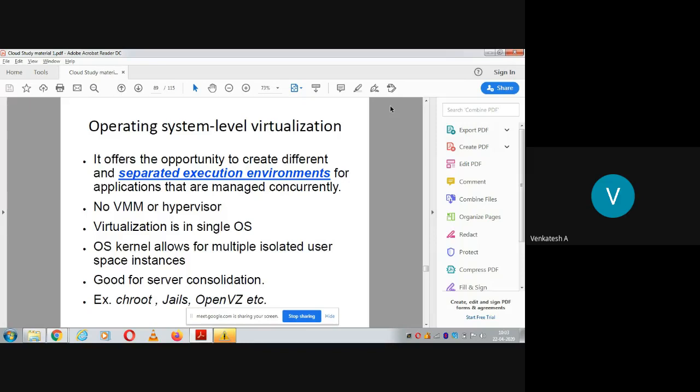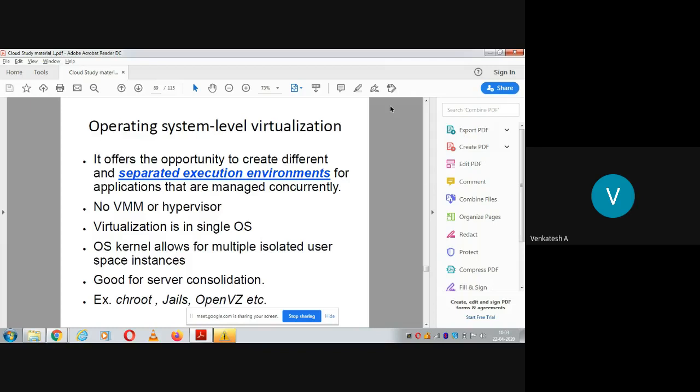That is called creating separated execution environments. So it is partitioning the available address space into three units. One unit is given to the first application, the second unit to the second application, and the third unit to the third application. Likewise it will create separated execution environments.